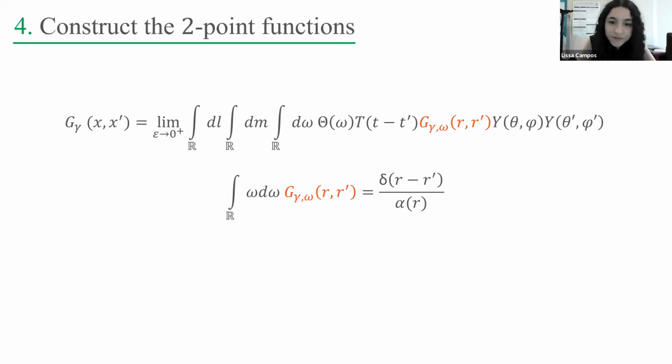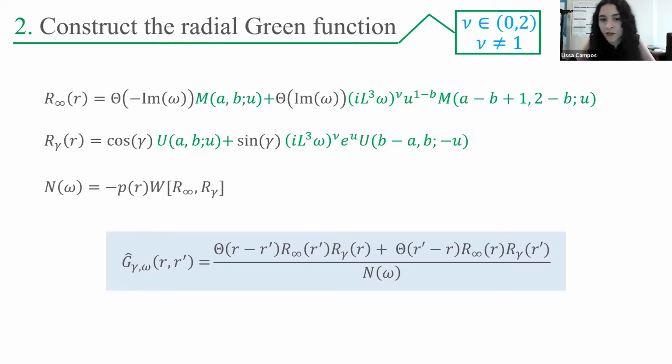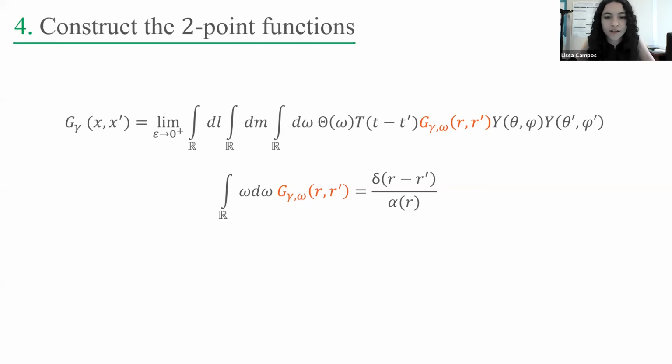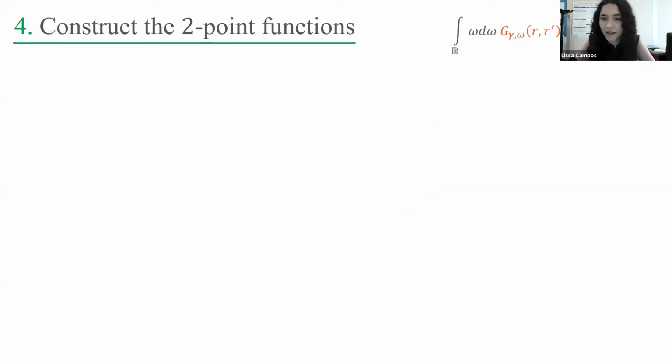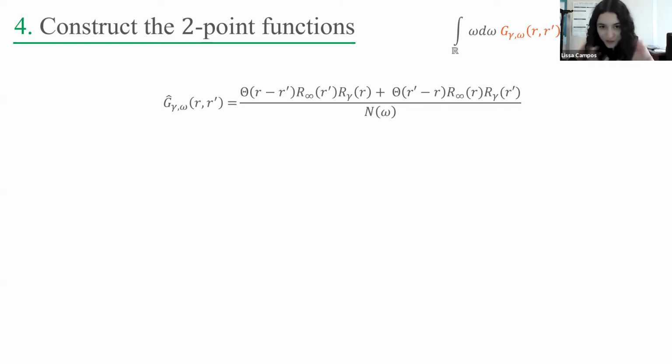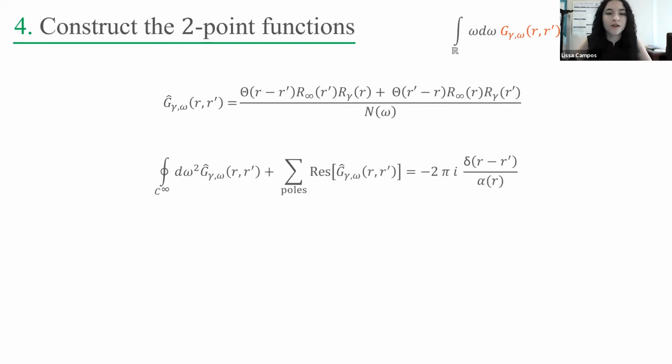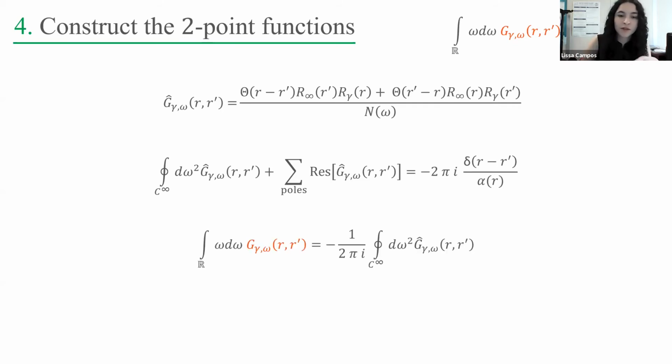On the other hand, we take the radial Green function that we had before, and we consider this identity. If we consider this radial Green function, we can actually do some spectral analysis here, because the spectral resolution of the radial Green function on the complex plane satisfies this equation. So this is an identity. And since we're choosing boundary conditions for which we have no poles, the sum over the poles disappears, and we are left with a contour integral being equal to a certain delta.